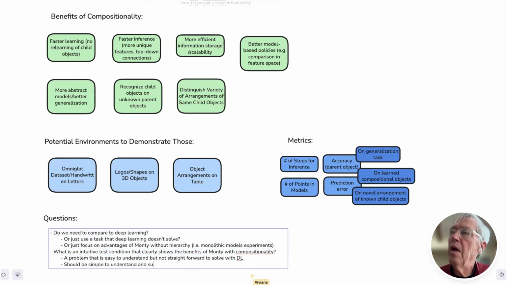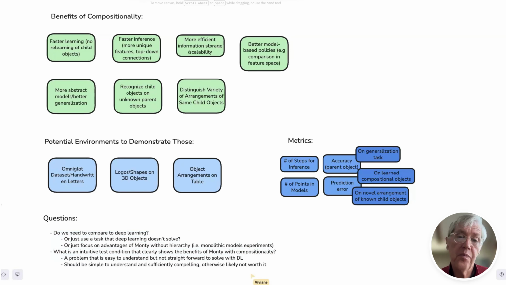Right, and then also, what's the existing literature on compositionality? I know we're doing unique stuff in the sense we're mapping onto the brain and Monty architecture, but the ideas of compositionality, the benefits of compositionality, are these new ideas? It's hard to pinpoint. Compositionality is for sure recognized as important to intelligence. But the way it's generally approached in deep learning is quite different, both in terms of how it's implemented and how it's measured. So that's one of the other challenges: if we were to compare it to deep learning methods, would we want to, and how would we?